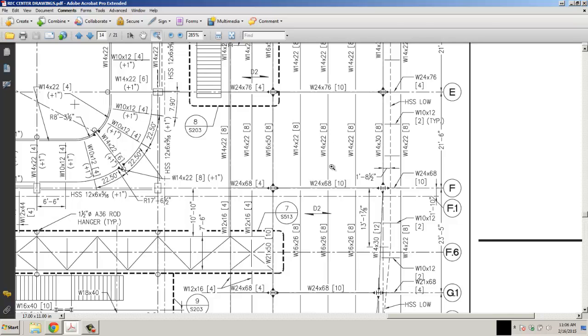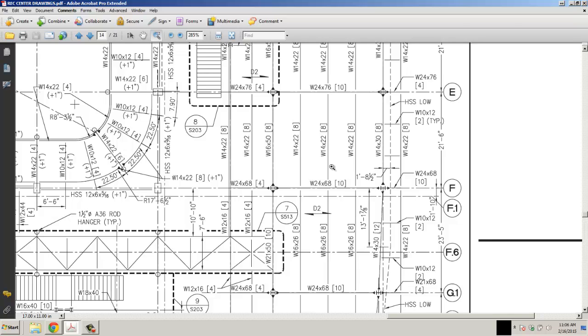The W indicates it's a wide flange steel. The 14 indicates the height of that steel in inches, and the 22 indicates the pounds per linear foot of that steel